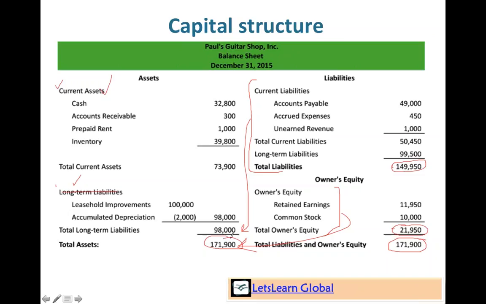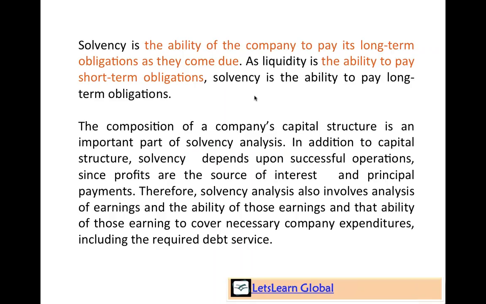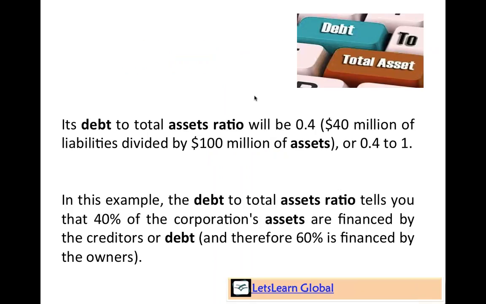So this is what we are going to study here. Capital structure consists of the current assets and long-term assets, and how these assets are purchased, whether using a higher debt portion or a higher equity portion, which we call solvency analysis. So in the solvency analysis, the very first ratio which we are going to calculate is the debt to total